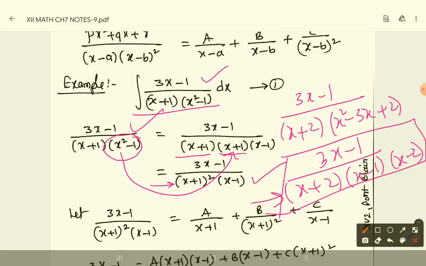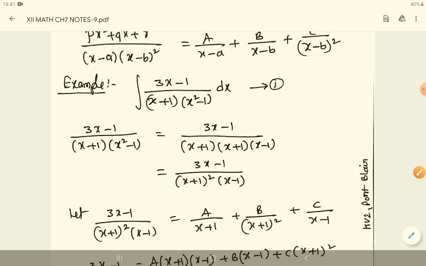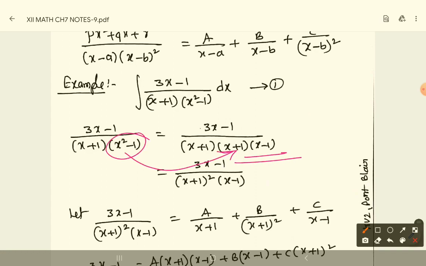The earlier one is type 2 because after factorizing x square minus 1 as x plus 1 into x minus 1, I can write x plus 1 whole square. So it is of type 2. You must be able to identify which way to do it, by factorizing. If I cannot factorize, for example 3x minus 1 by